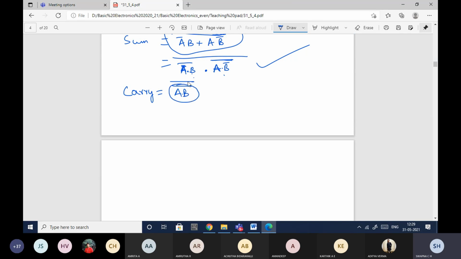Again, you have one more bar. It is nothing but using NOT. Not in the sense I have to give both inputs of the NAND gate to a single variable. Both the inputs should be given the single variable. So this is also in the required form and this is also in the required form. So now I need to implement.